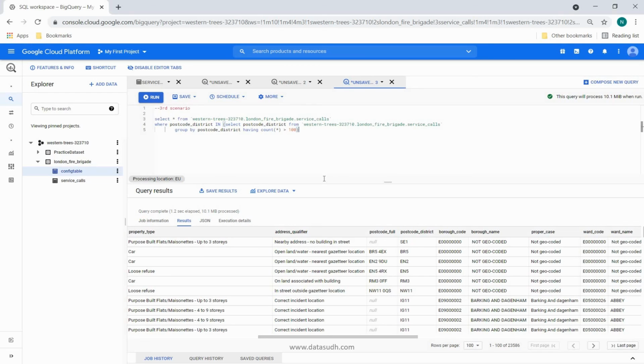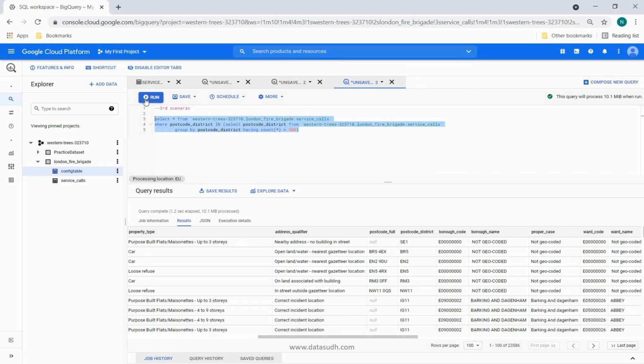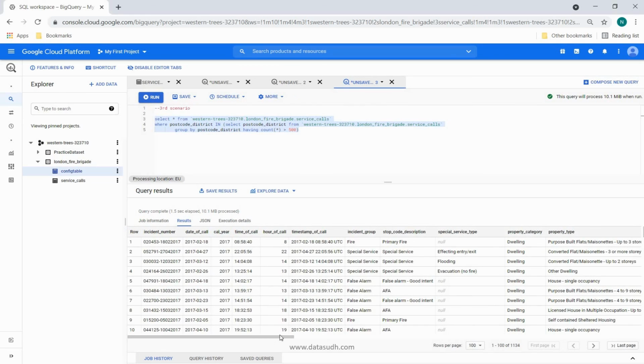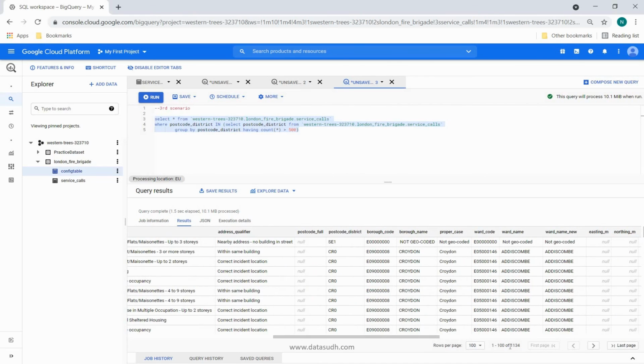If I change this and make it 500, then I may see a reduction in records because not every district will have 500 calls. So previously I was getting 23k records. Now I am getting only 1134 records because I have fewer districts which fulfill the condition of 500 calls. So this is how the in clause is relevant in subqueries as well.